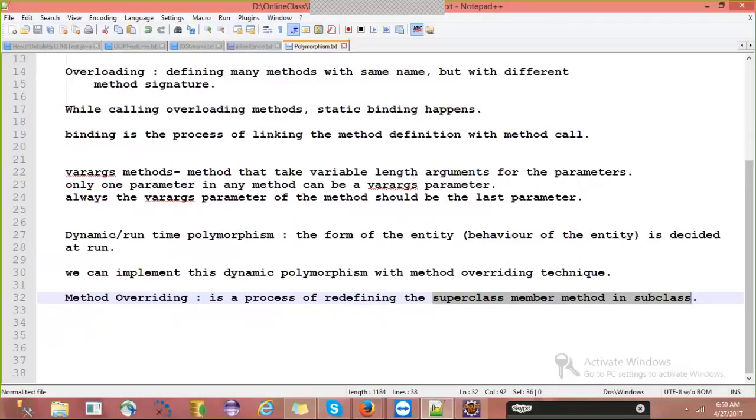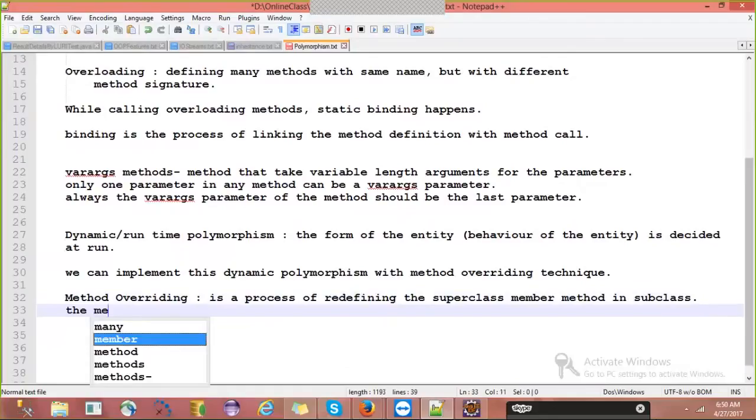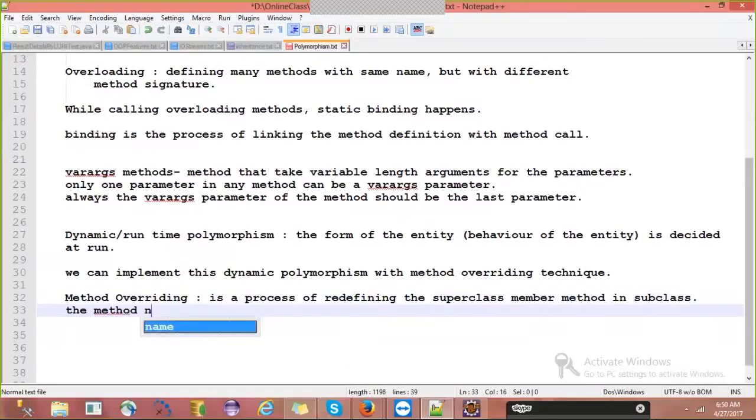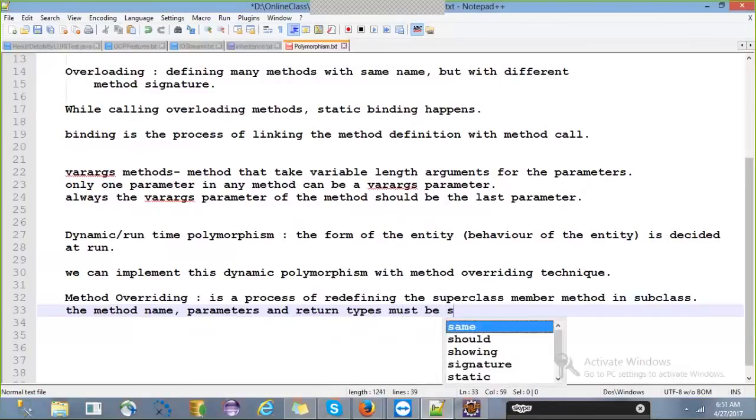Just like in the superclass, in the subclass also it should be the same. So the method name, parameters and return type must be the same in all overriding methods.